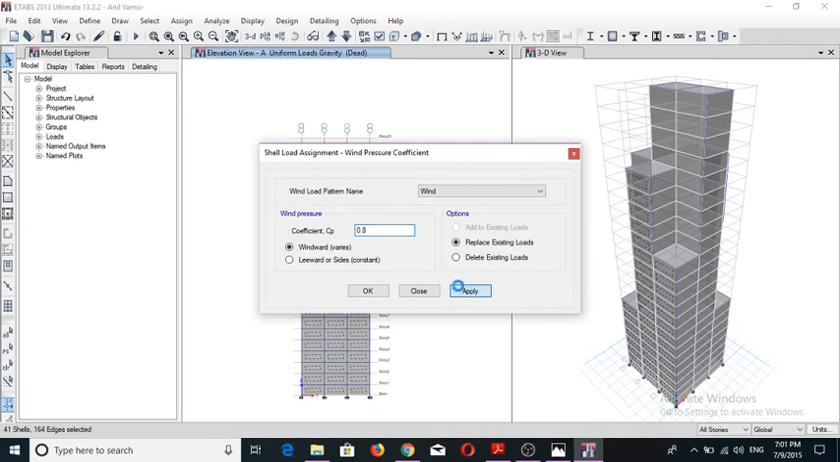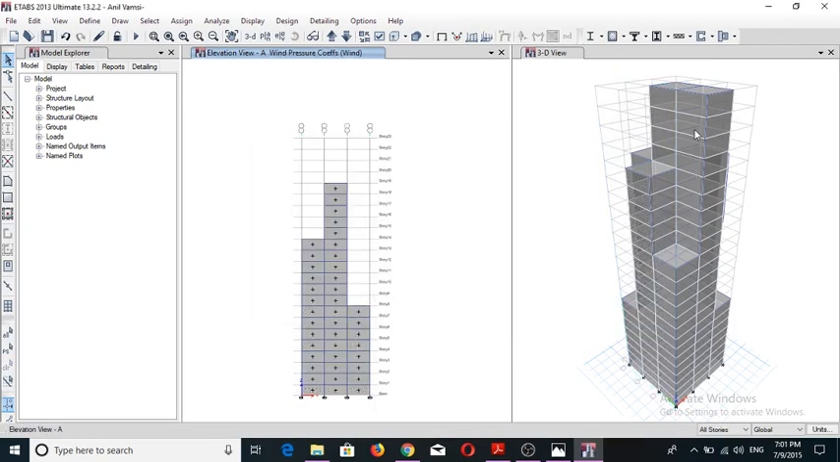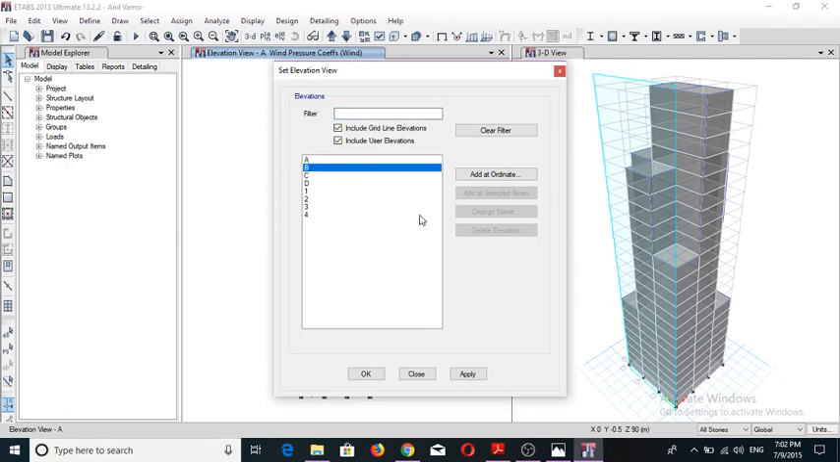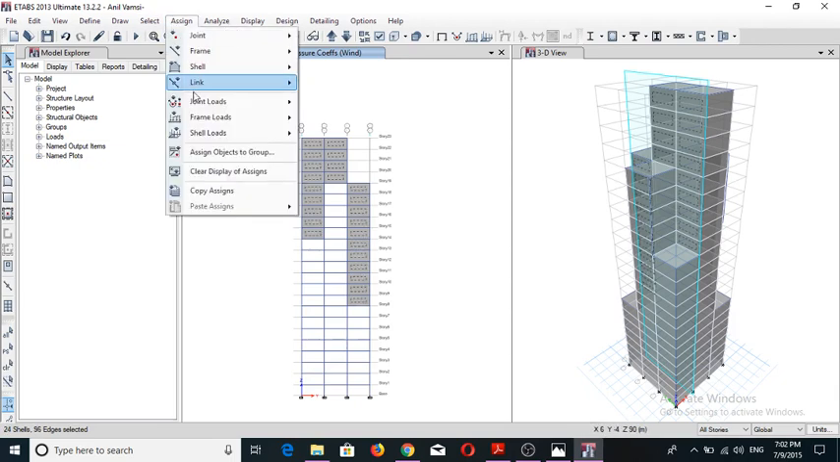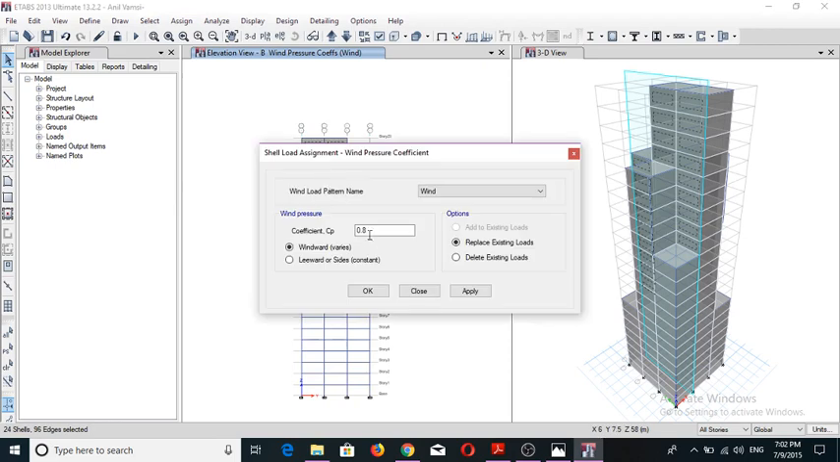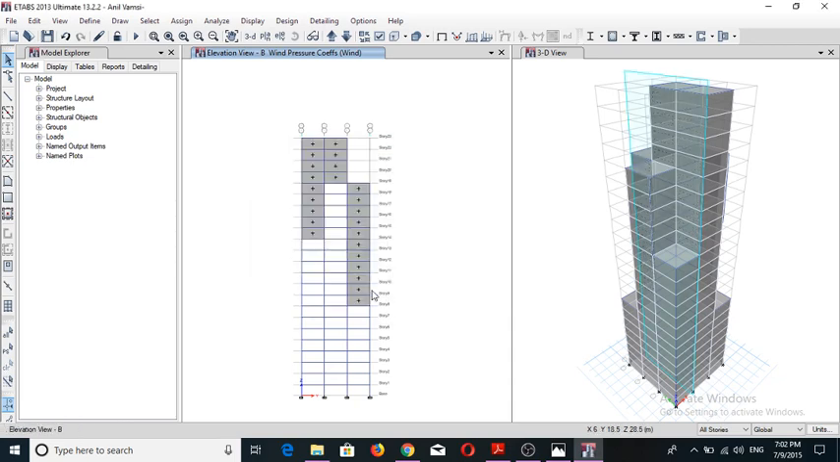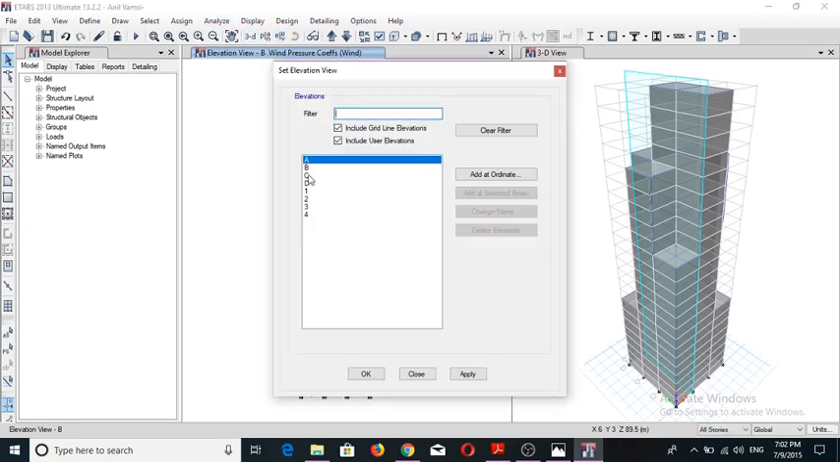windward, apply. Okay, but the remaining sections are not assigned, so I am taking the elevation B, apply. Okay, see the remaining sections. Then assign shell loads, wind pressure coefficients, windward, apply. Okay, then again elevation D, apply. Okay,